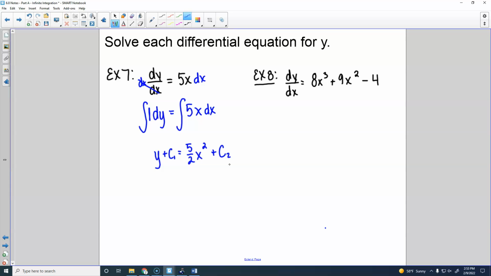C represents an unknown number, right? So if C1 and C2 are both unknown numbers, if I move this C1 over here,